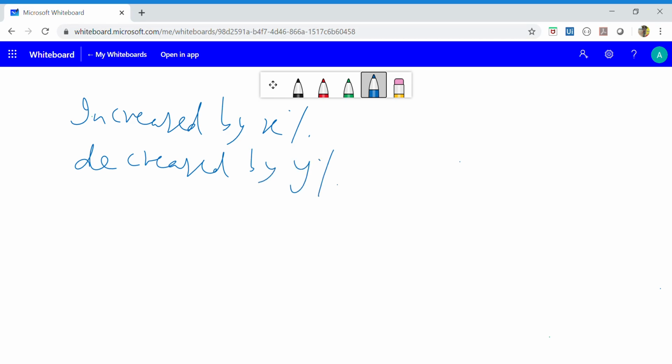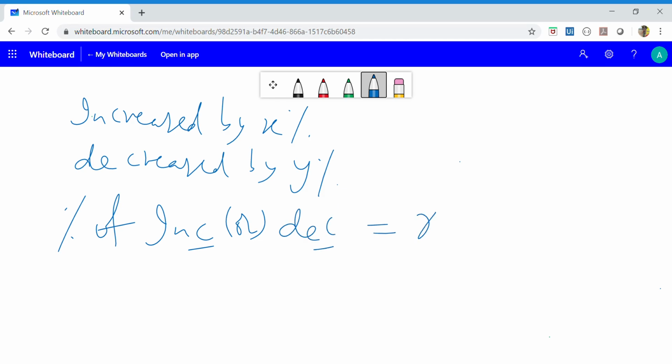Then what is the formula? The percentage of increase or decrease, according to the sign, is taken by the formula x minus y minus xy by 100%. Here x is the increased percent and y is the decreased percent. Minus x into y by 100%, if you take that, you will get the actual percentage.